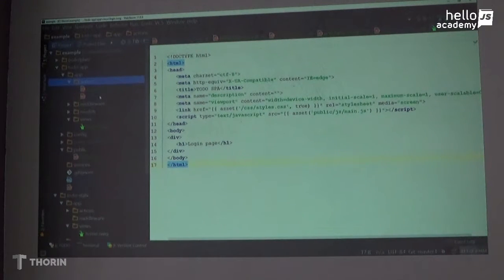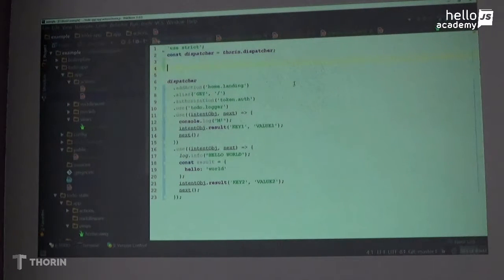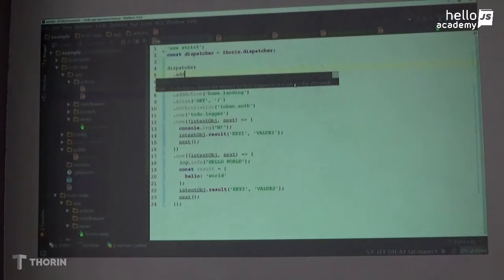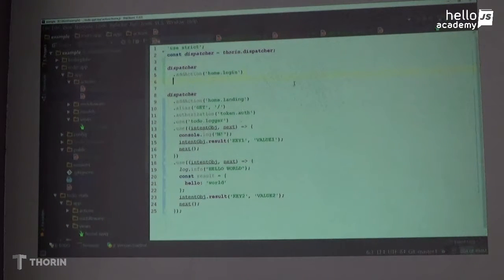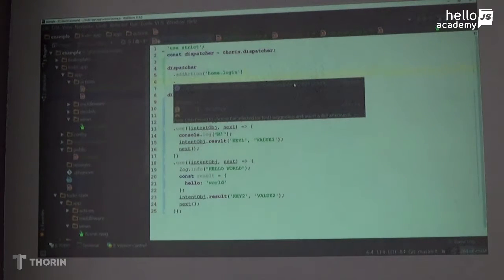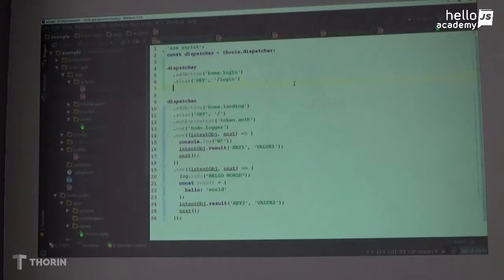and go ahead in our actions. In let's say home.js, we had a previous action called home.landing. Now we can just add a separate one, action home.login, and let's say that we're going to alias it to get slash, and just turn this one into actually just get /login,